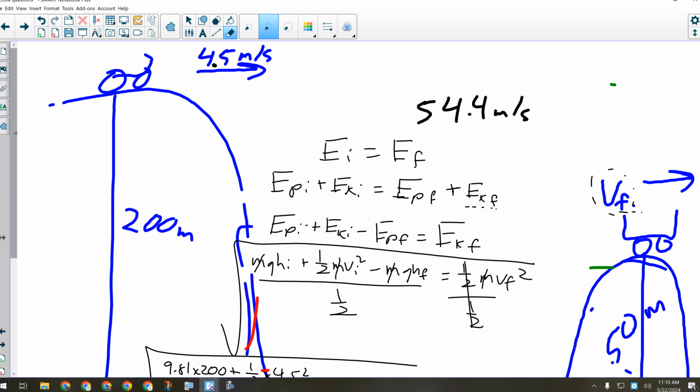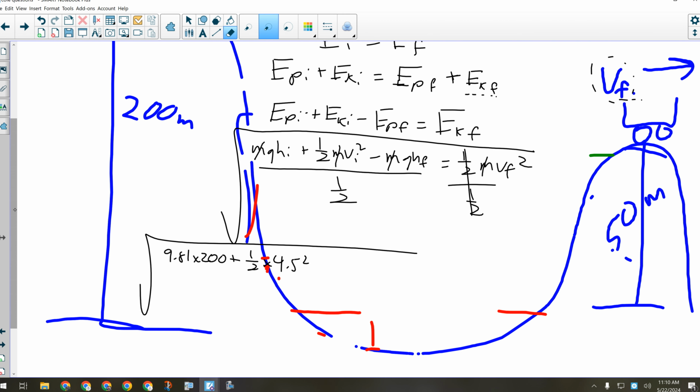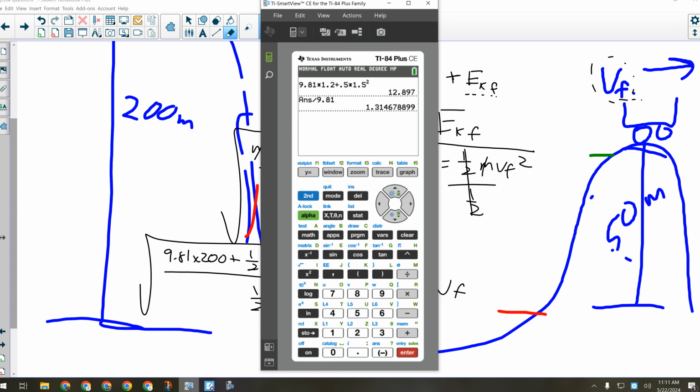Okay, that was our initial speed. And then we are subtracting 9.81 times 50, because that was our final height there. And then we are dividing all of that by 1/2. That will give us VF. Okay, so